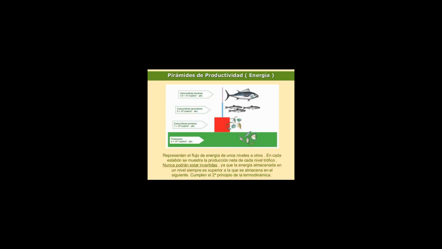RuBisCO is the most abundant protein in leaves, accounting for 50% of soluble leaf protein in C3 plants, 20 to 30% of total leaf nitrogen, and 30% of soluble leaf protein in C4 plants, 5 to 9% of total leaf nitrogen. Given its important role in the biosphere, the genetic engineering of RuBisCO in crops is of continuing interest.